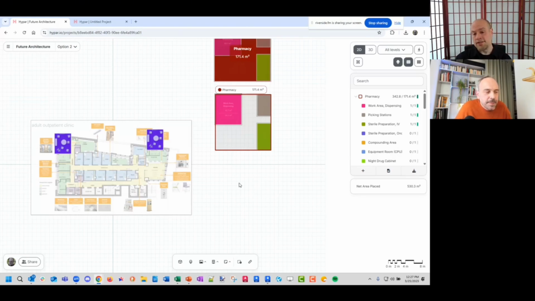Yeah. And you don't have to use it on Hypar. It's a C# library. So we have people who use it inside of Revit add-ins. We have people who use it inside their own software. But there's nothing that ties it right into our services.